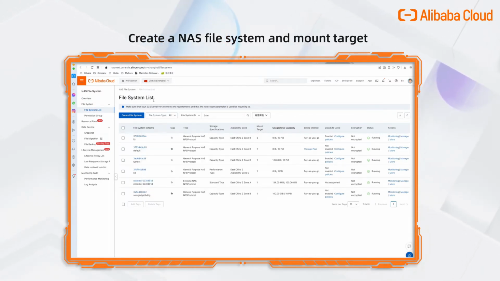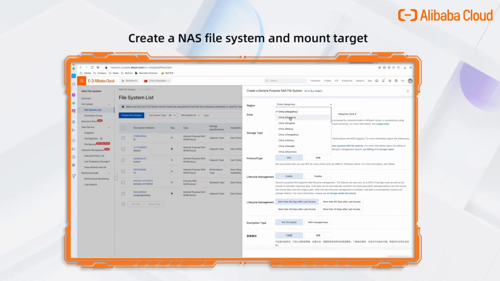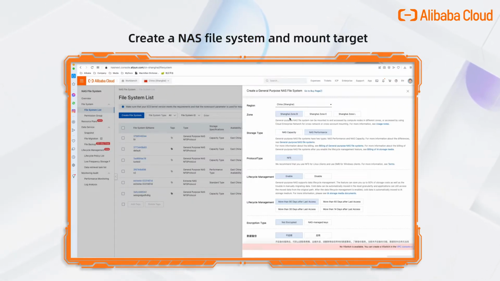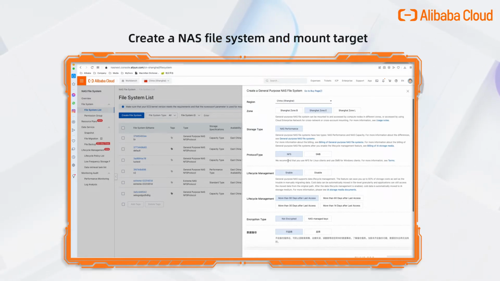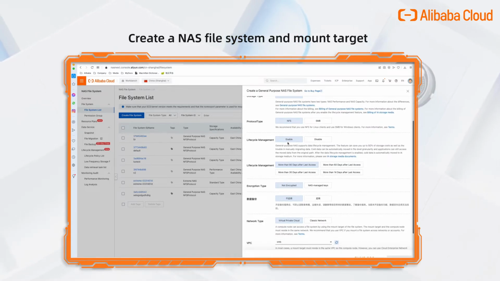So first of all, we select the Shanghai region, and then we click create file system, general purpose NAS, and then choose the Shanghai region, and let's choose zone E, choose the NAS performance, which performs better, and then the protocol is NFS. All the other ones,